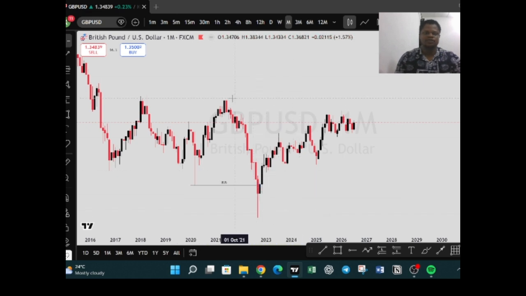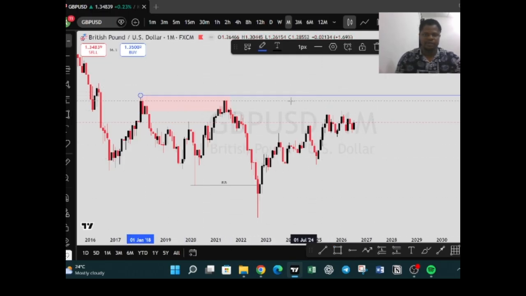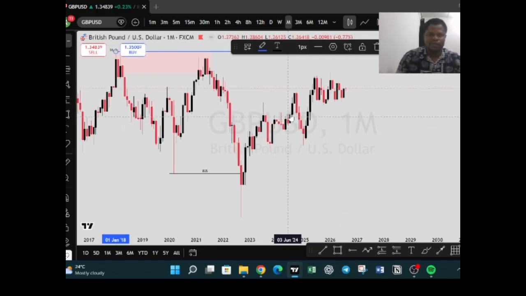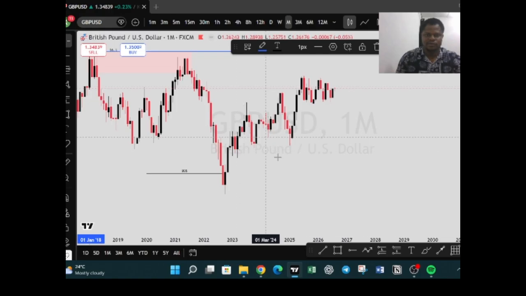If these sellers are induced, we now need to check this high: is it a protected high or is it liquidity? So we can see that we have a high here, a low, and this is a retest. Because of this retest, we can know that this high is not protected, that liquidity is resting above that high. So having known that, let's look at what is happening on the current market price